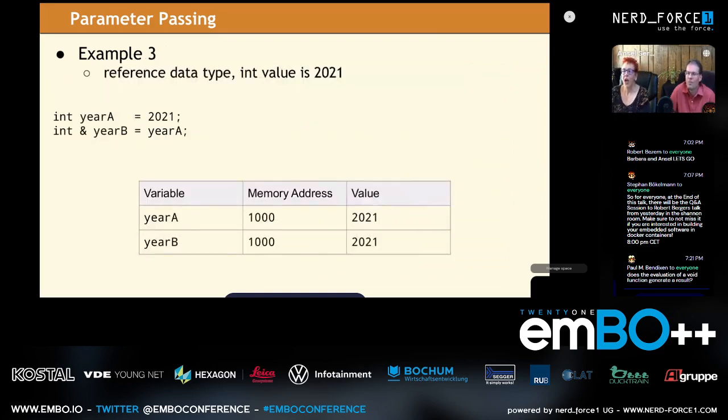Okay. So now let's take it one more level. Let's talk about the reference data type. So in this example that we're setting up, we have year A and year B. If you notice that when we declare year B, it has the same memory address as year A, because a reference to this int is a reference and it's the exact same object. So it's just 2 ways to talk about whether we're talking about year A or year B. It is the exact same object, both having a value of 2021. So a reference is sort of a way of giving an existing memory location a new name without changing anything else.